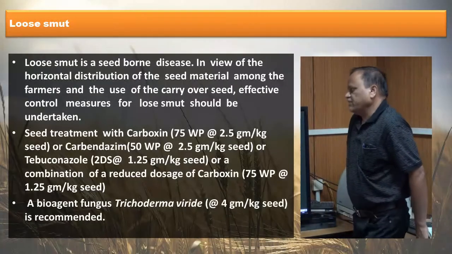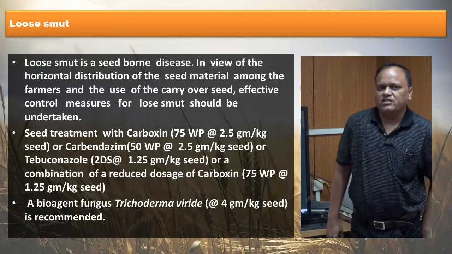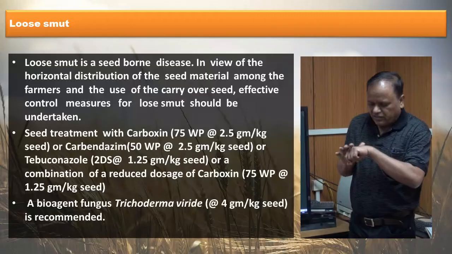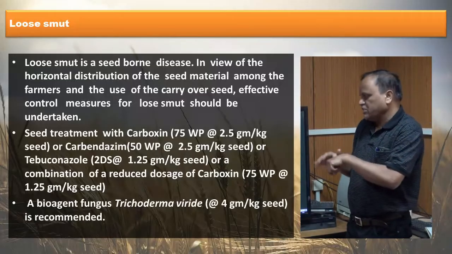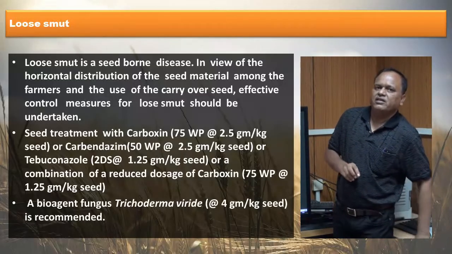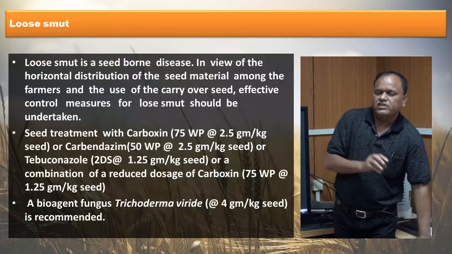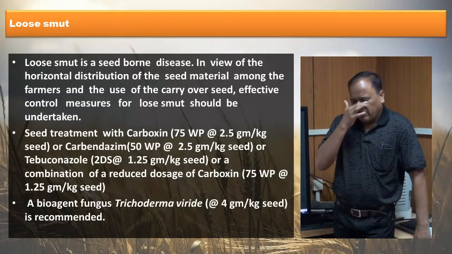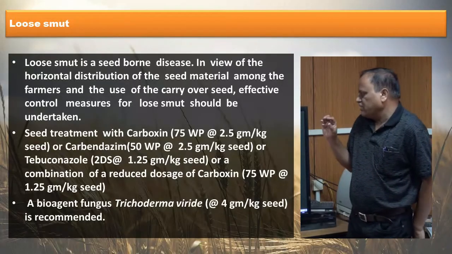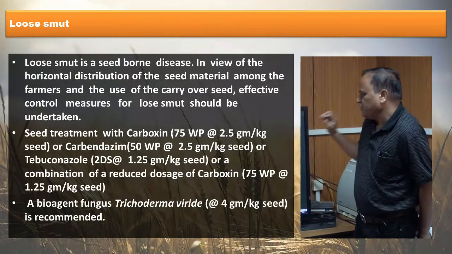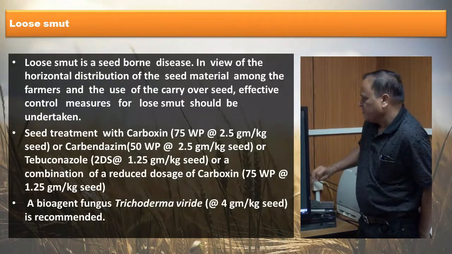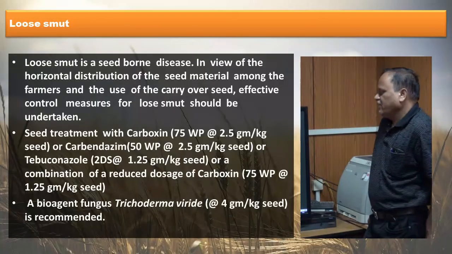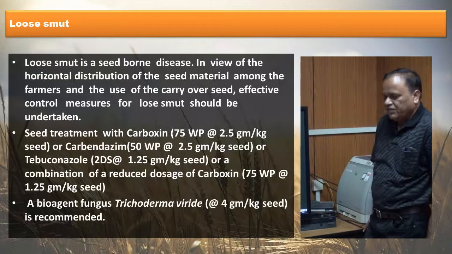Next one is loose smut. Loose smut is a seed-borne disease. If you want to control the loose smut, you have to do the seed treatment during the sowing, and the seed treatment should be done by a systemic fungicide like carbendazim 50 WP at the rate of 2.5 grams per kg